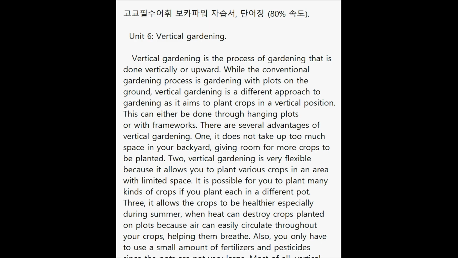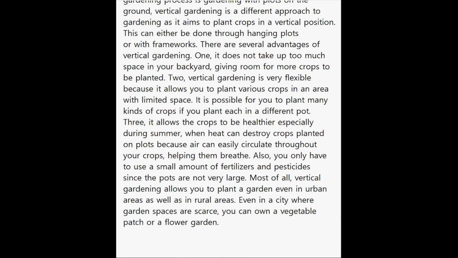2. Vertical gardening is very flexible because it allows you to plant various crops in an area with limited space. It is possible for you to plant many kinds of crops if you plant each in a different pot. 3. It allows the crops to be healthier, especially during summer, when heat can destroy crops planted on plots because